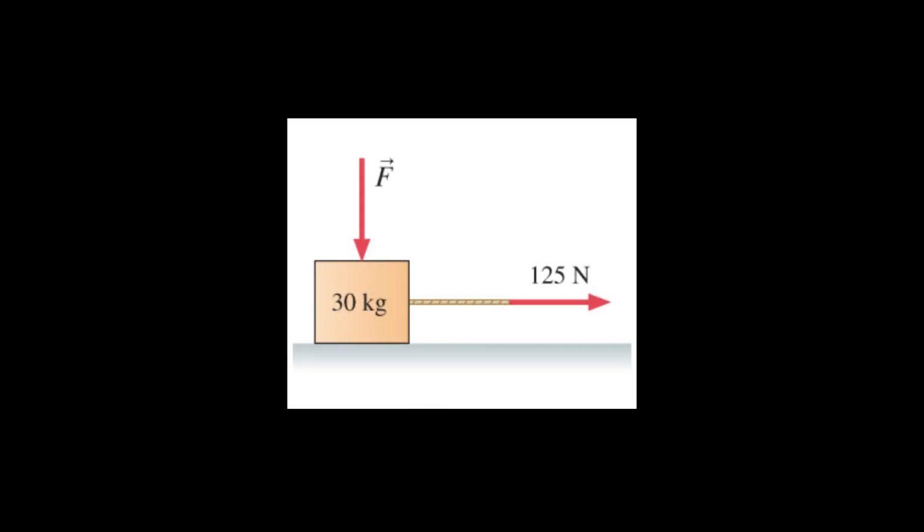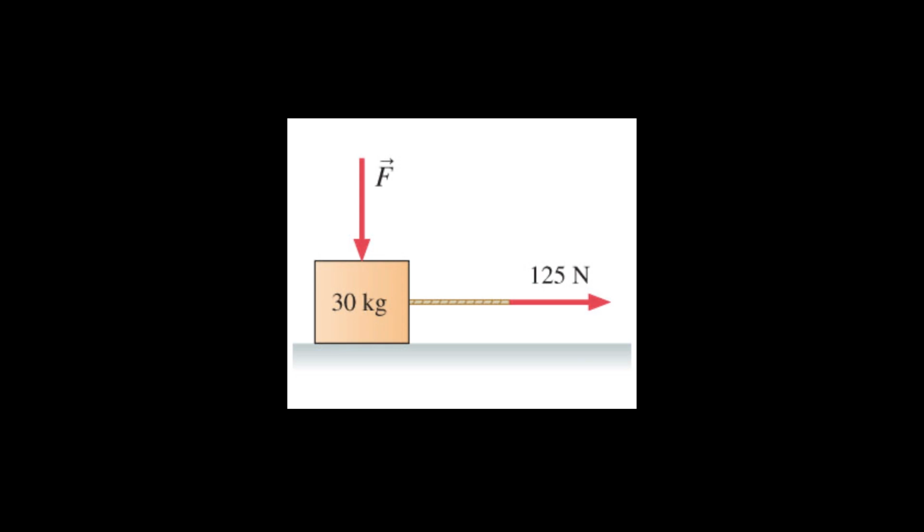A challenge that suddenly appears in this homework assignment is this bit of weirdness. There's a 30-kilogram block that's sitting on a surface that is frictional, and there's a rope attached to it, and that rope has 125 newtons of force. I'm going to refer to that 125 newtons of force as a tension force, so you'll see me refer to it as capital T. So as I pull the thing along with 125 newtons to the right, there's friction force directed to the left,